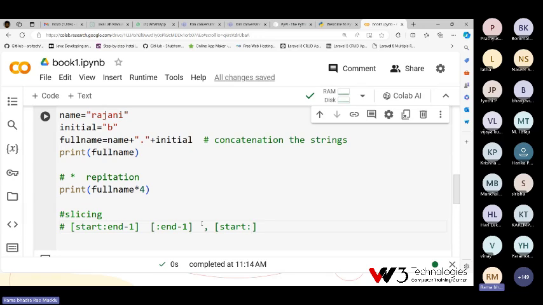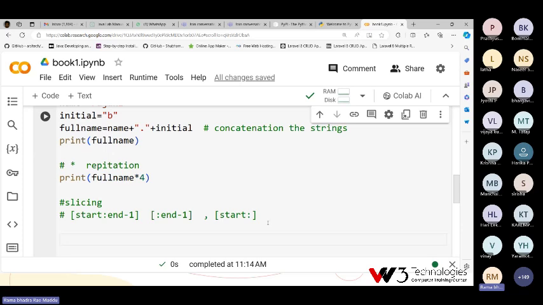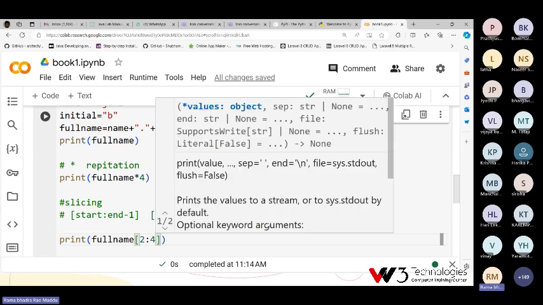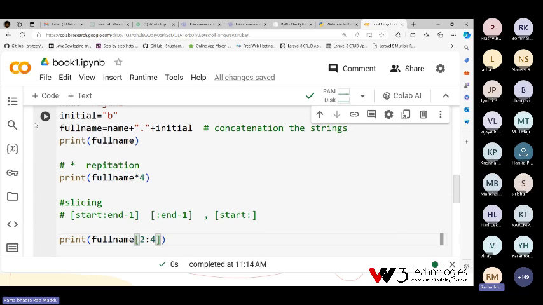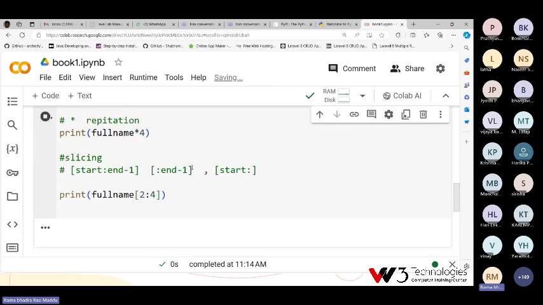In 3 ways we can use slicing. Example, the full name I am working with. Full name of 2 to 4 means the second index position and third index position. Only 2 characters will be printed here. So only JA is printed.